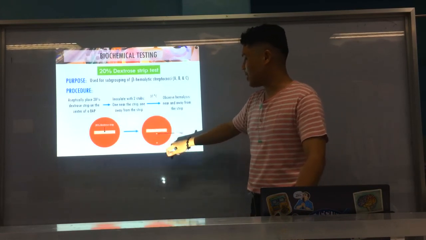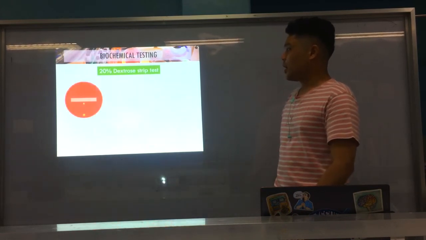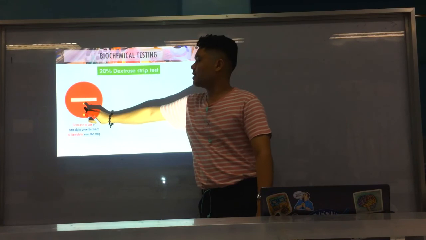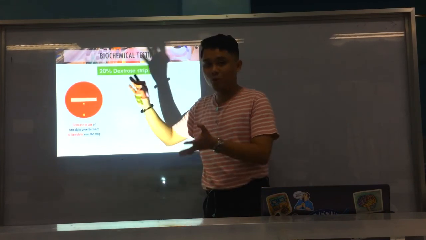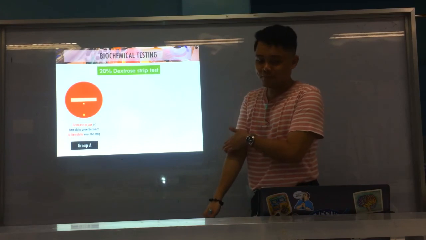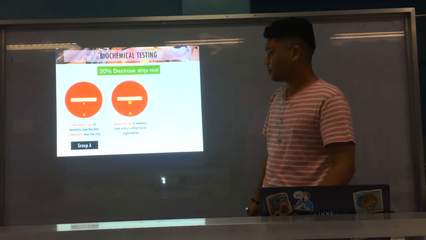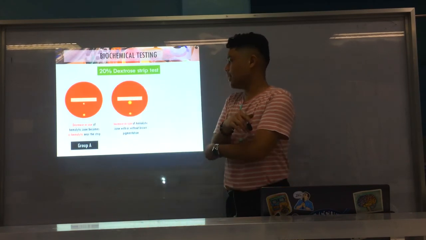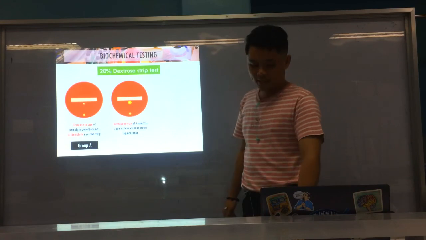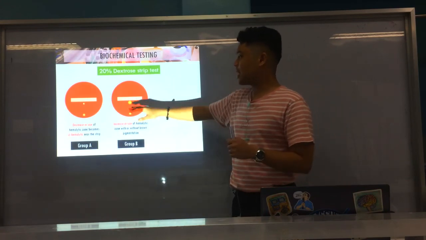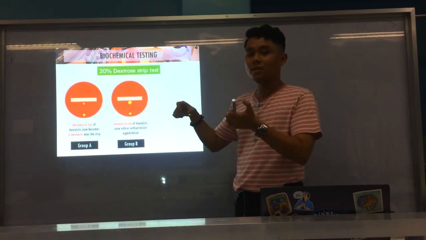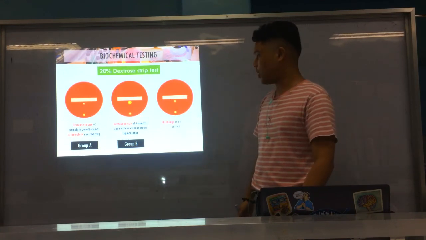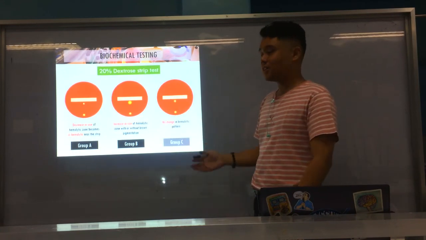Again, first stab near the strip and second stab is away. All right, okay. So we have the different results. Decrease in size of the hemolytic zone, meaning the zone is bigger here, and it becomes alpha hemolytic near the strip, then that is characteristic of your group A strep. Okay? Next, if increase in size, so the size is bigger compared to the far stab, alright? And with or without brown pigmentation, then that is your group B strep. So, as you can see, it grows bigger as it gets closer to the dextrose strip. Okay? So, therefore, it's group B. And no change in the size of the hemolytic pattern, that's your group C